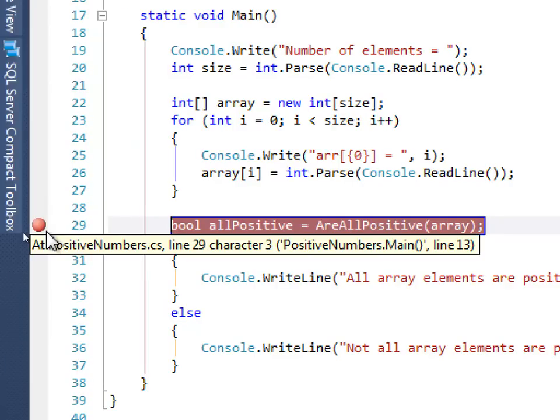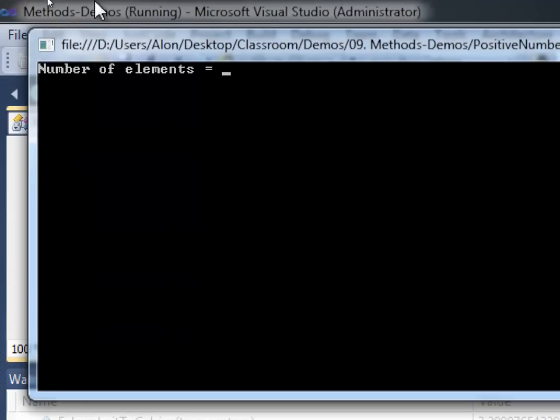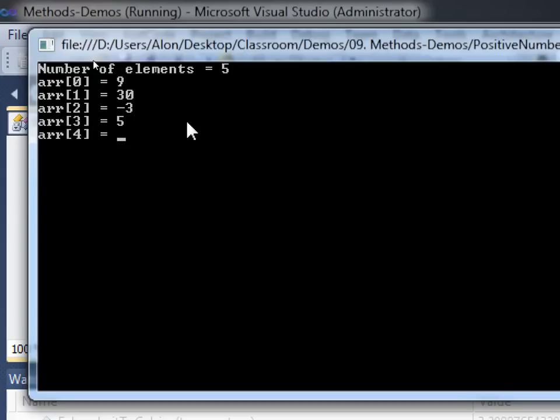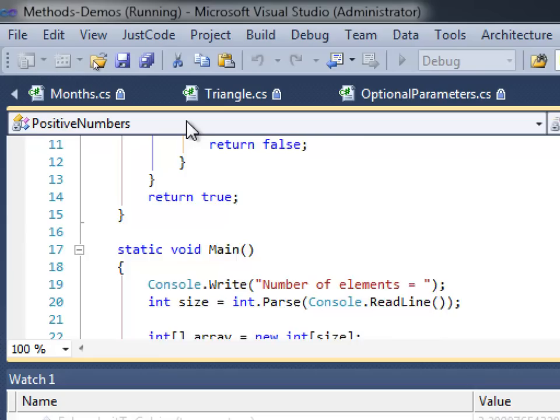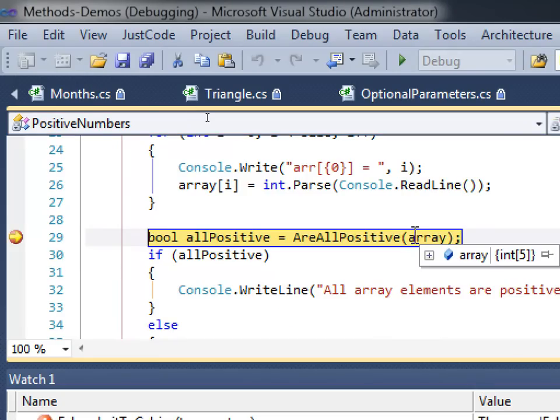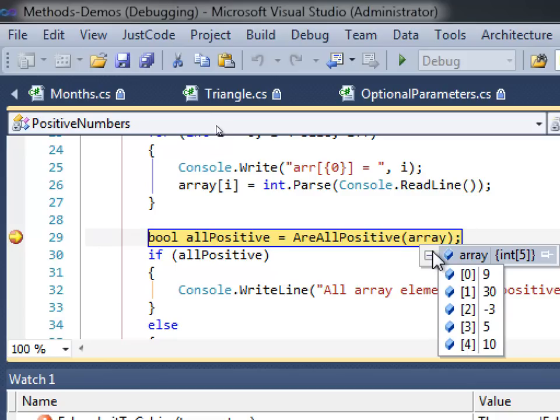So we don't need all the first part. We'll just take 5 numbers. So here's our array filled with data